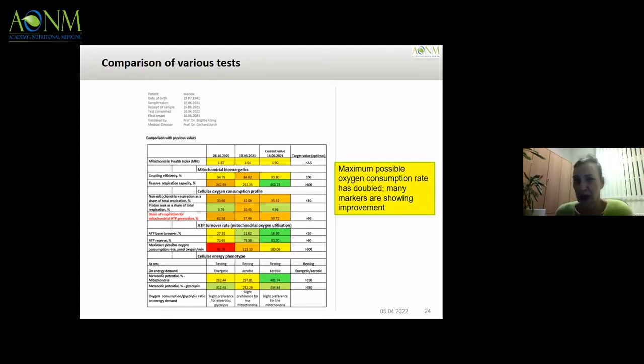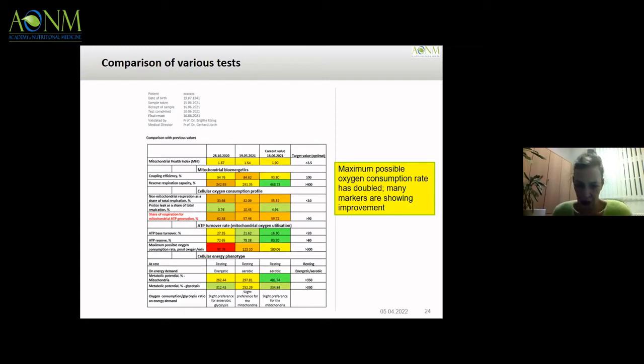It is much better. And if we look only 1 month later, we see that it has increased further to 180.06. And I think that is a very, very good value. And if you go to the reserve respiratory capacity, it has now also increased to a very green color. So you see in this example that you can